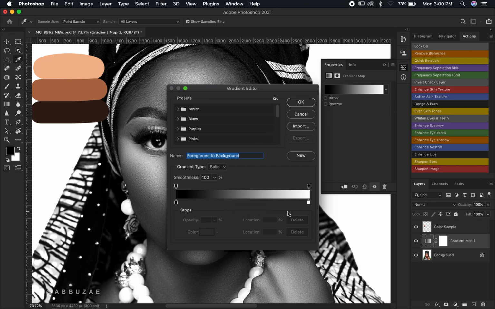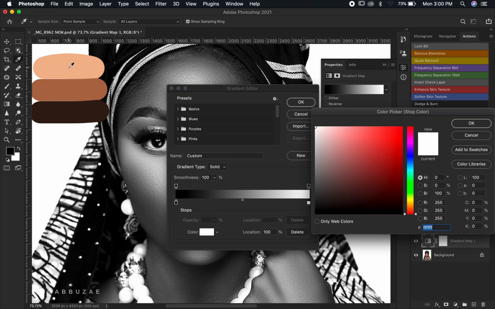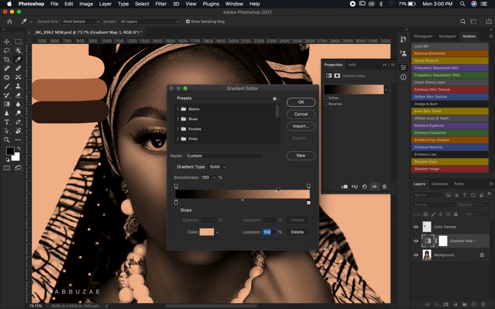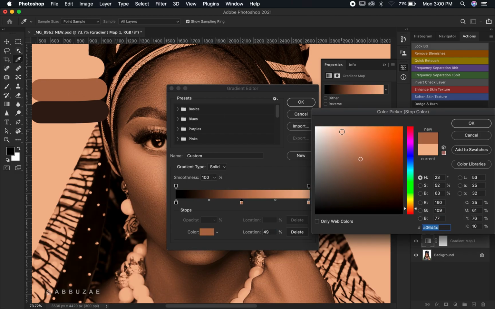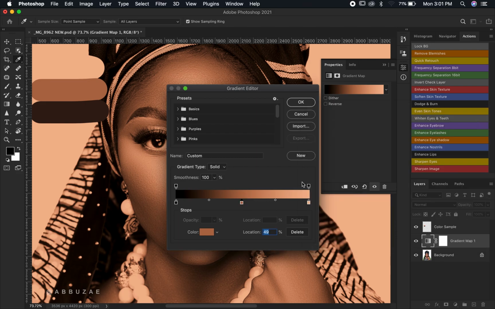So we are going to begin by selecting our highlights, and then we click on the color and sample our highlight color, and then we click OK, and then we double click in the middle, and then we move and sample our mid-tone, and then we take notice of the brightness of the mid-tone. Looking at the brightness, B is what stands as brightness. So for the brightness of our mid-tone, it says 63, and then we hit OK, and then we change the brightness to 63,